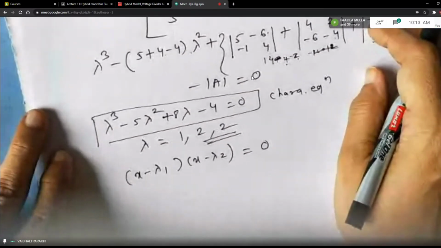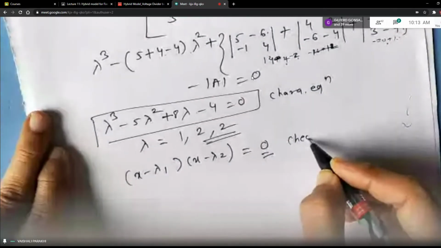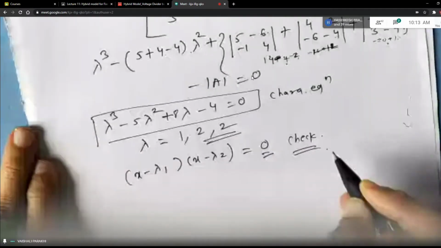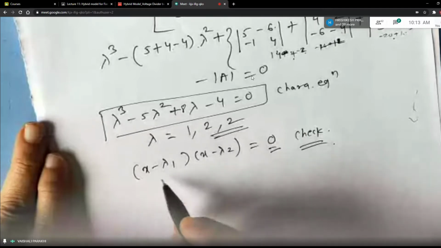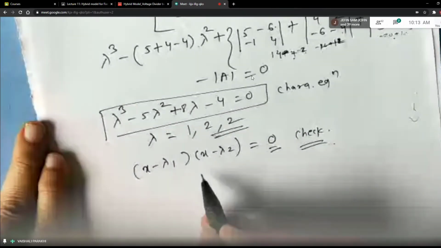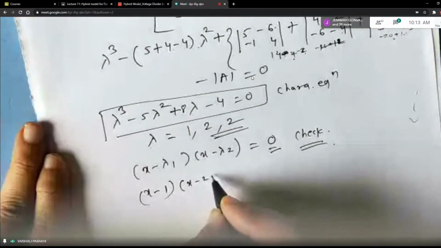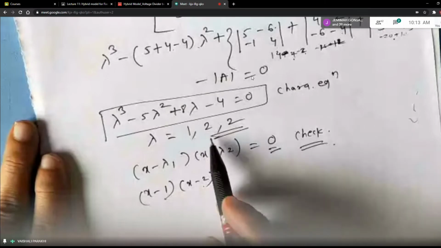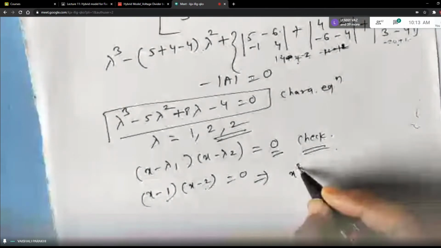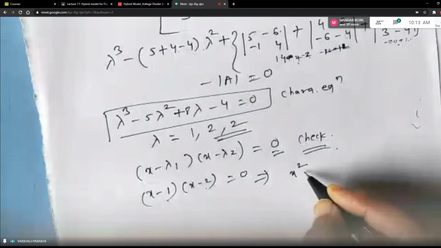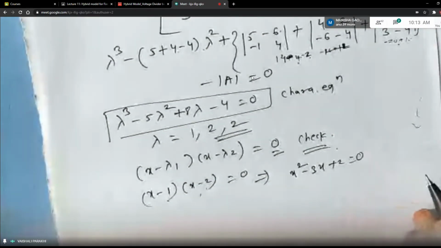Now what happens? We don't know whether it is 0. You have to check this, right? So first of all, let's simplify this. Multiply x minus lambda 1, where lambda 1 means 1 and lambda 2 means 2. Always take two different roots, students. Don't take 2 and 2 at a time. So this equation is x square minus 2x minus x, so minus 3x plus 2 is equal to 0, right?